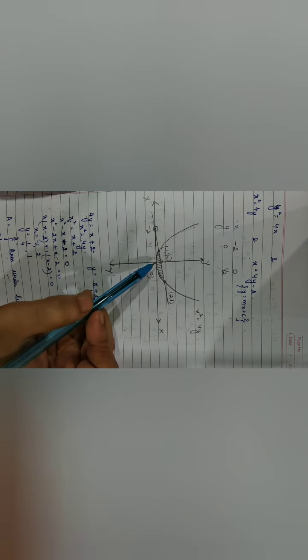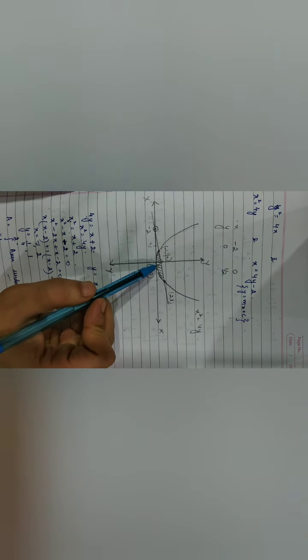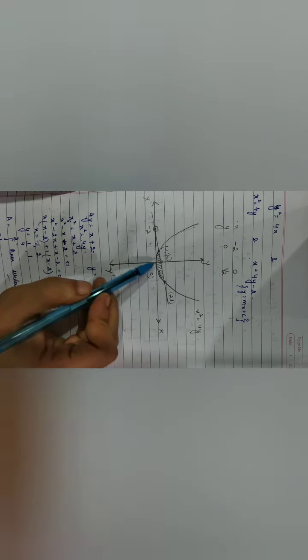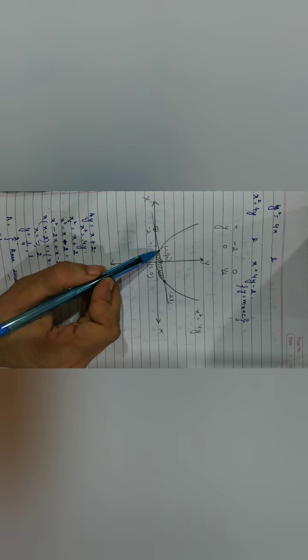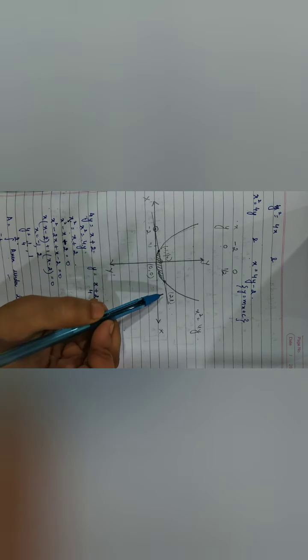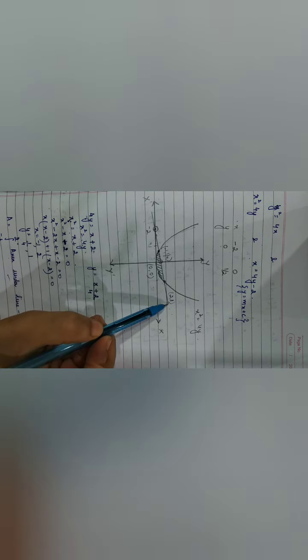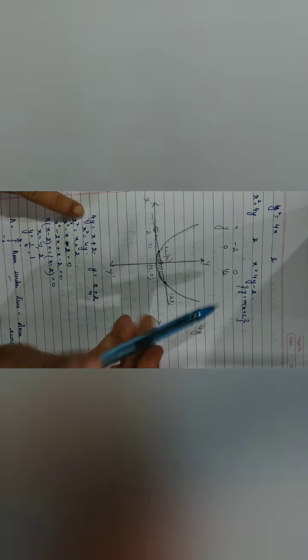So as we can see, this particular shaded region, whose area we have to find out, is nowhere symmetrical. जिसका area find out करना है, वो एक symmetrical region नहीं है, right? So first of all, no limit has been mentioned that from where to where I have to integrate, right? So I'll be finding out these points of intersection. Okay, points of intersection would be for the line and the curve. So here I have the equation of the line, that is 4y is equal to x plus 2, because here see x is equal to 4y minus 2, so 4y can be written as x plus 2, right?